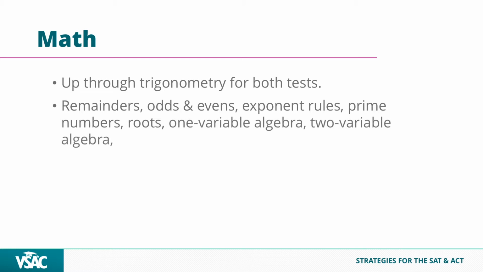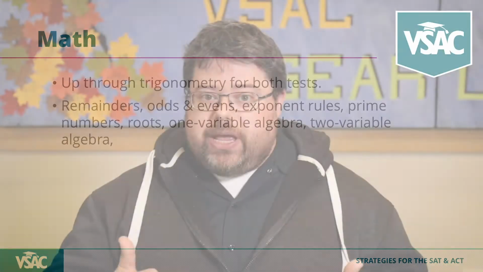After that, you're going to cover the stuff you see in your algebra classes. You're going to have basic one-variable algebra at the start, and then you have two-variable algebra, which shows up quite a bit. You have the classic, Steve is selling hot dogs and hamburgers. A hot dog costs $2, a hamburger costs $3. He earned $37 and sold some hot dogs and some hamburgers. You probably have to figure out how many hot dogs or hamburgers he sold,